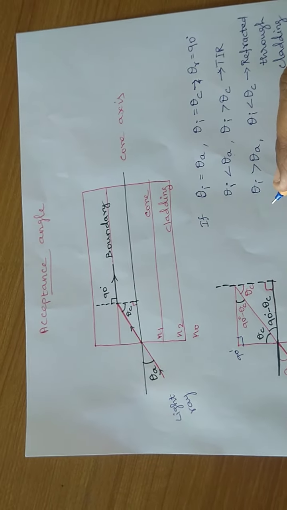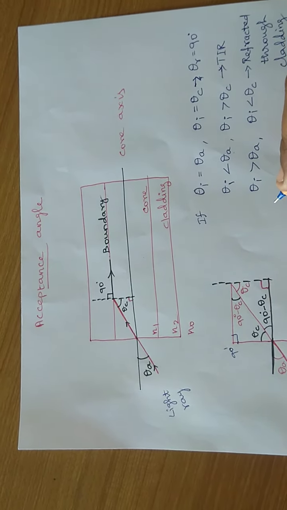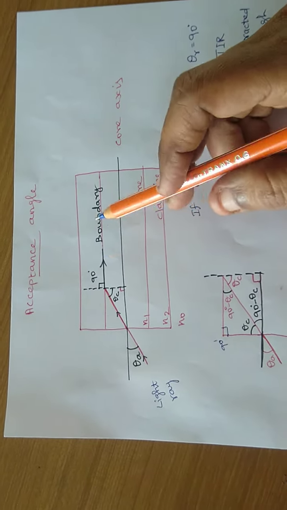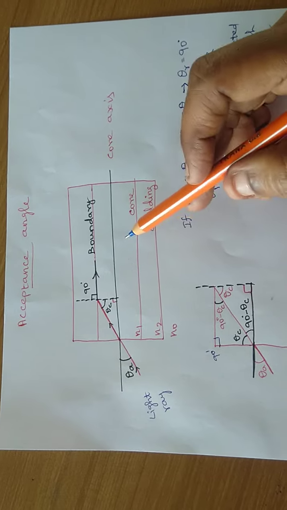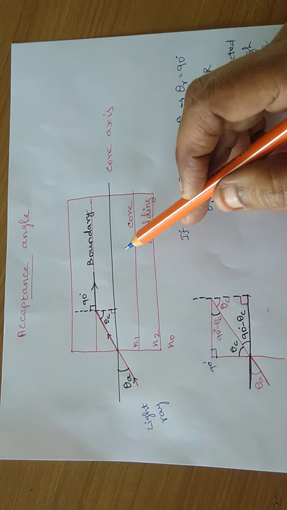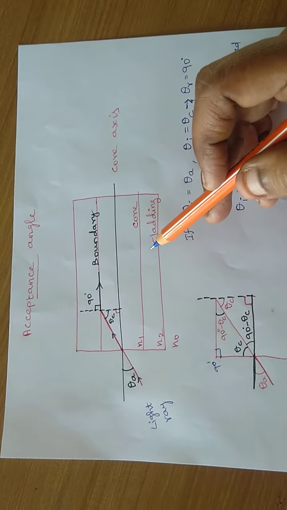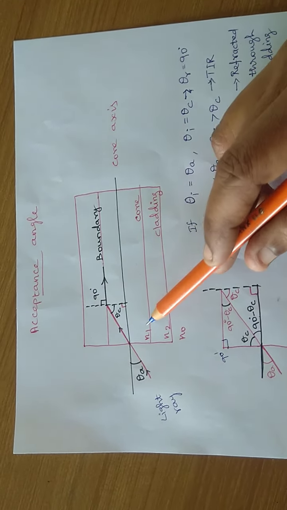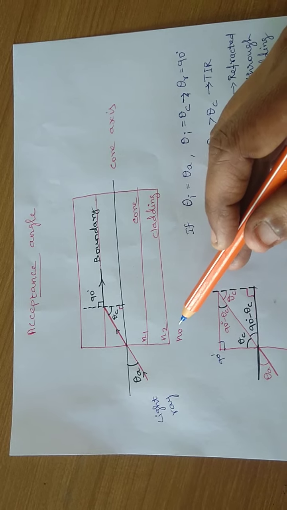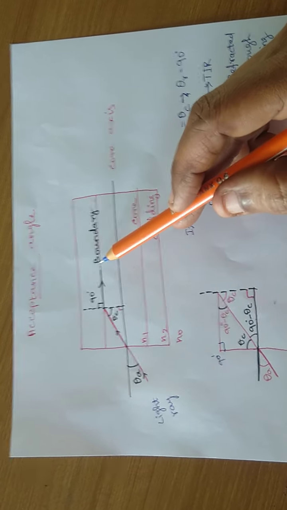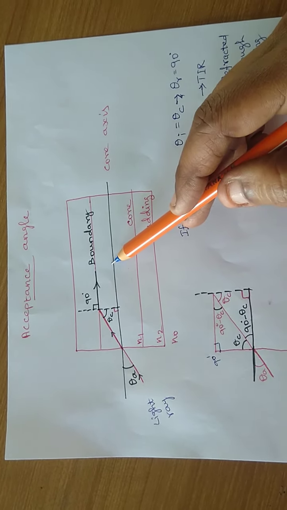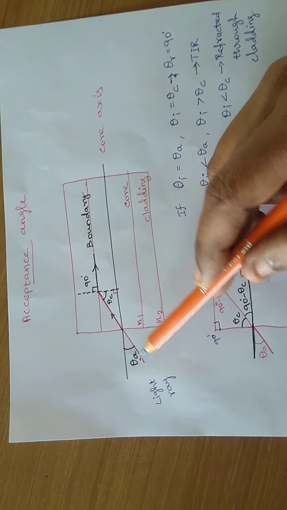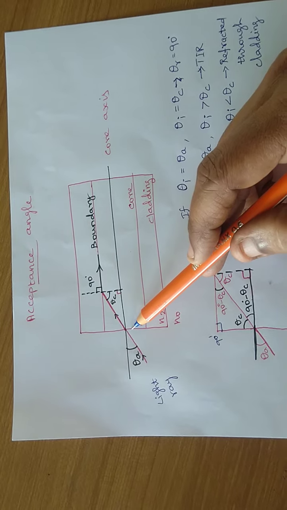Hi friends, today we are going to discuss the acceptance angle and its derivation. For this, I am considering an optical fiber, which consists of core, cladding, and the surrounding medium is air. The corresponding refractive indices are N1, N2, and N0. This is the core-cladding boundary and this is the core axis. Acceptance angle means it is the angle of launching the light ray at the entrance of this core